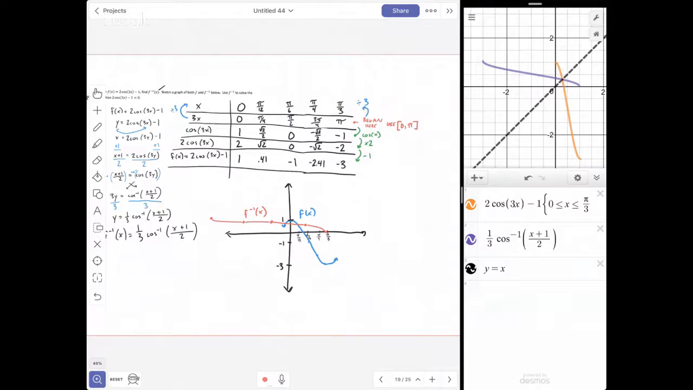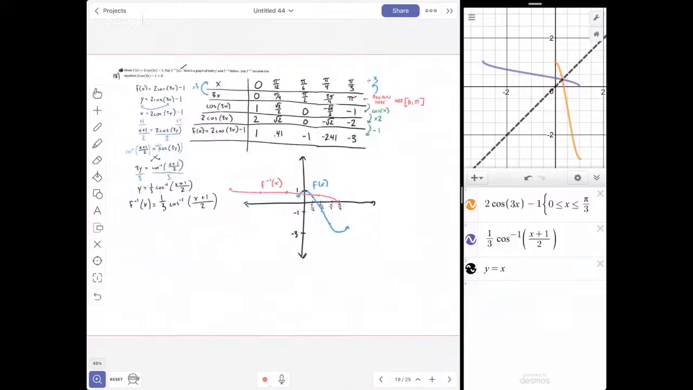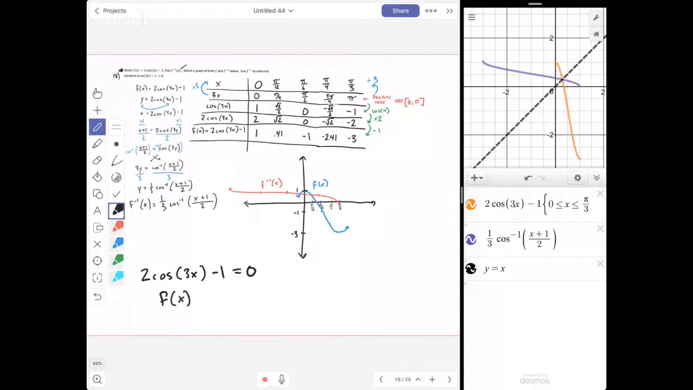Okay, on this problem, I have one more step. Use the inverse function to solve the equation 2 cosine of 3x minus 1. So here the idea is that you should know that 2 cosine of 3x minus 1 equals 0. Well, this is just the point that this equation f of x equals 0. So you should be able to solve f of x equal to 0 by saying x is equal to the inverse